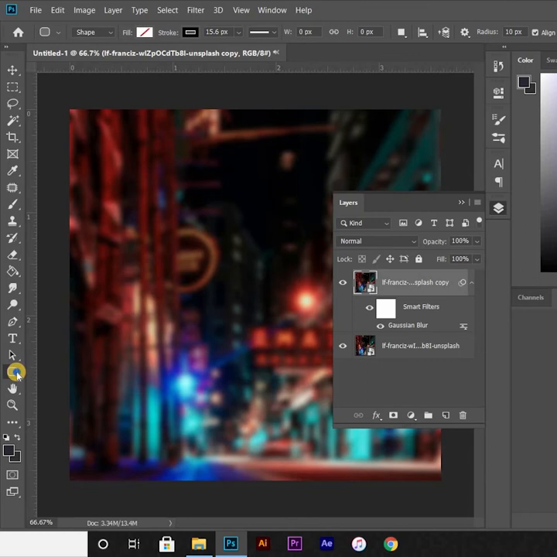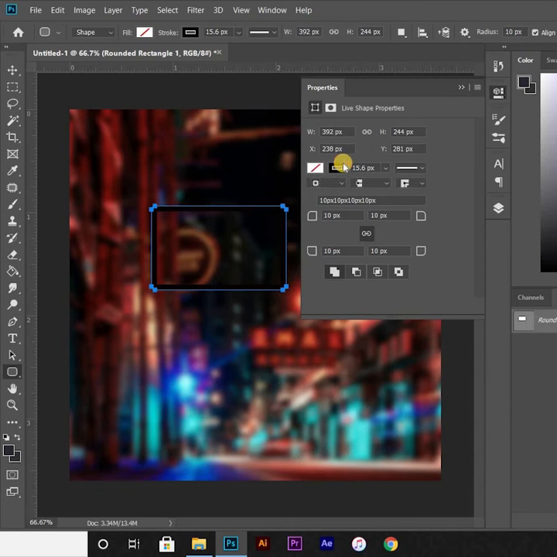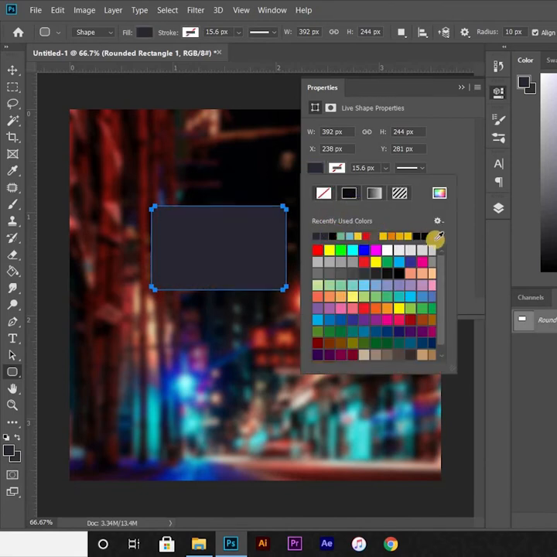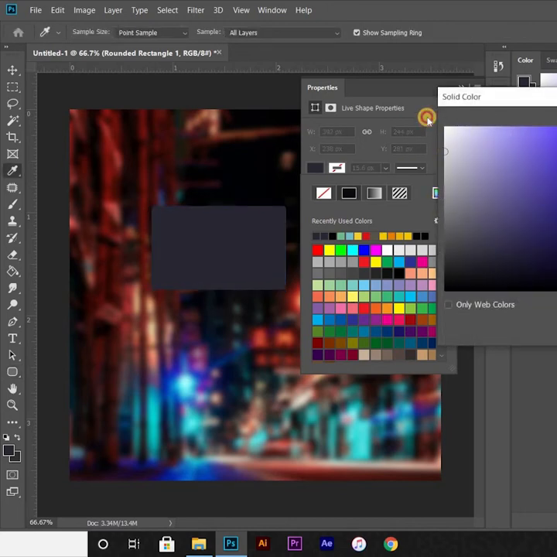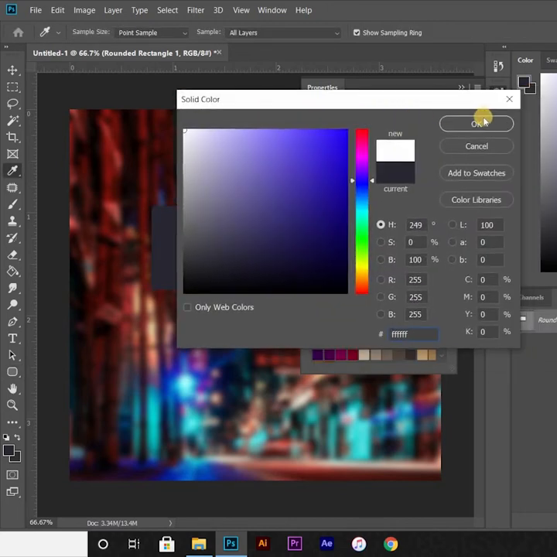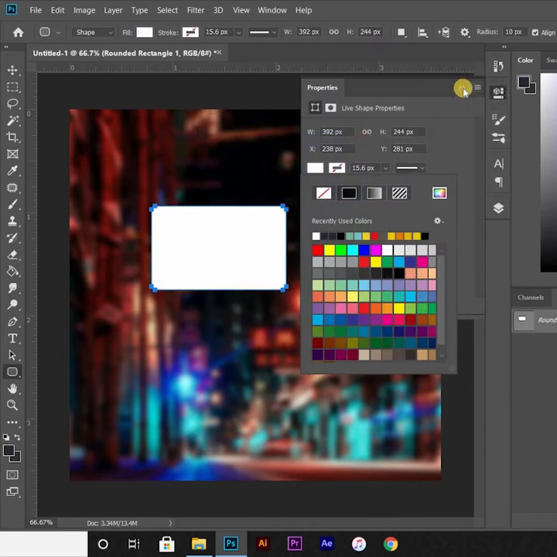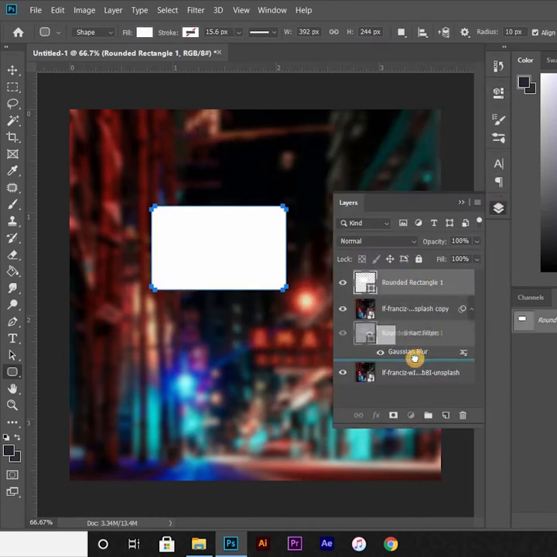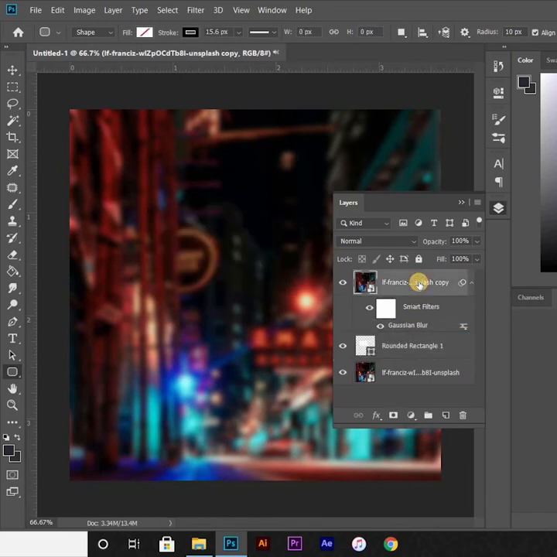Go to the rectangle section, rounded rectangle, draw a rounded rectangle. Make sure this has no strokes, make sure it has a color, white, and then click OK. Choose this tab, open the layer section, make sure the rectangle is below the duplicated object